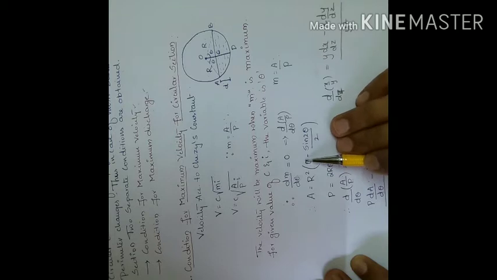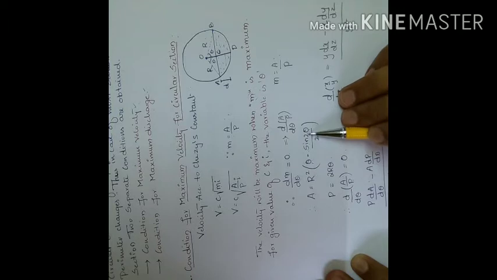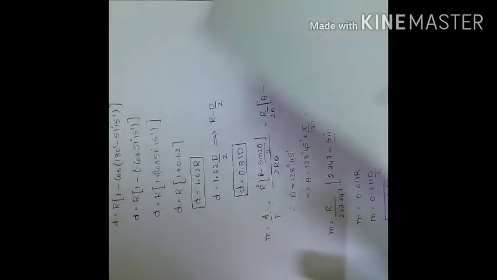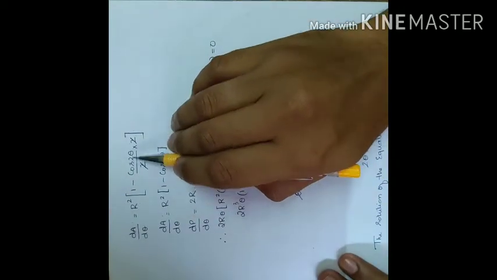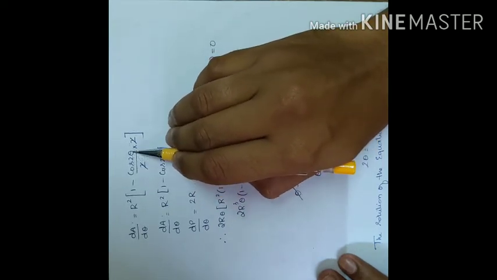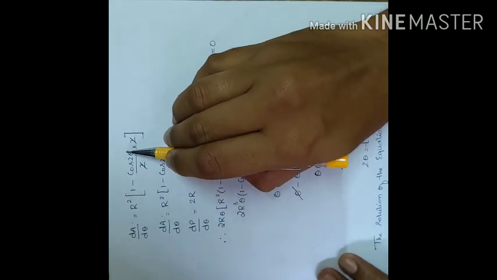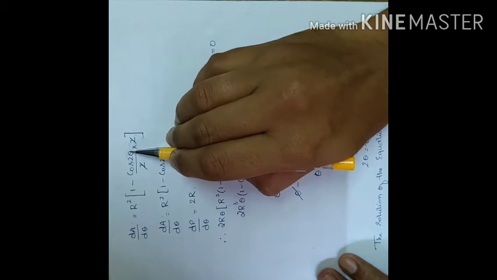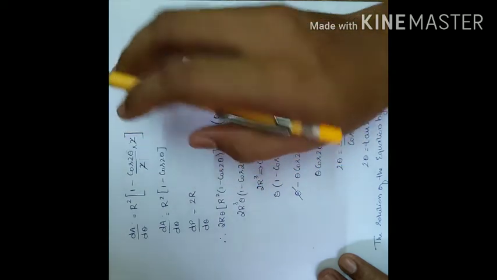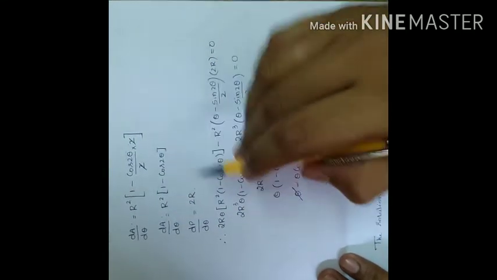Differentiation of theta is constant, that is, sorry, differentiation of theta, that is variable theta, is 1 minus sine 2 theta, means that is cos 2 theta. So this will become 1 minus cos 2 theta divided by 2 as it is. Differentiation of cos 2 theta is sine 2 theta is cos 2 theta. Differentiation of 2 theta is 2, because differentiation of theta is 1 and 2 is constant, kept as it is. So A is, by calculating this value, 2 get cancelled, you can keep it like this.